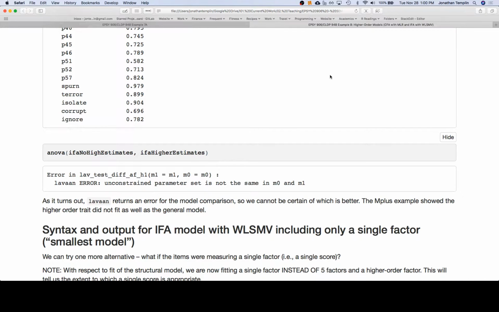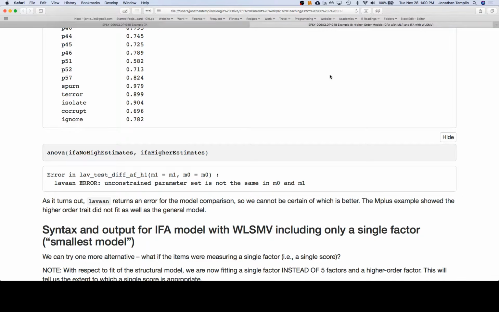Uh-oh. That's a problem. I don't know how else to compare fit there. If you send me your syntax, or if you let me play with your data, I might be able to try to make it work. I'm not sure we can come up with it. Okay. Because this